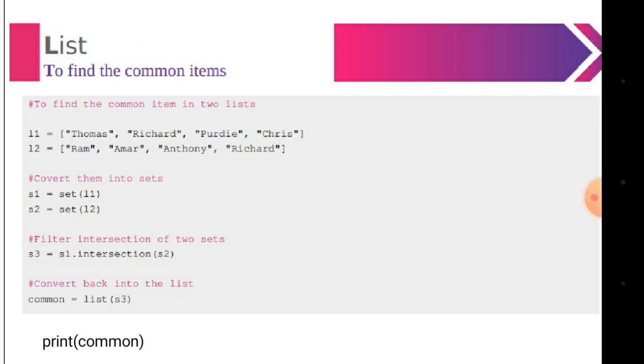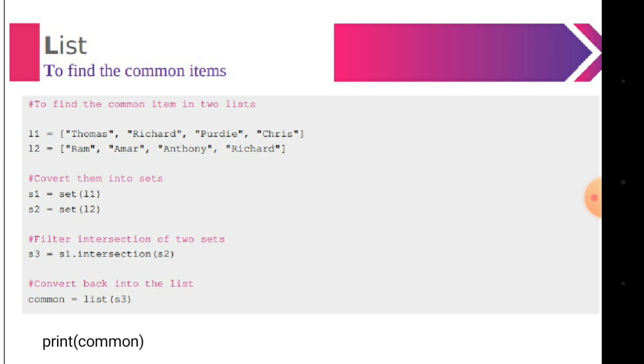Set is just like the mathematical concept. When we have to perform the intersection, when we have to find some common thing between the two, a set is required, and also union. If you know mathematics, what is meant by A union B? The collection of A and the collection of B, combined, we have to consider as A union B. The same concept we are using in the set.